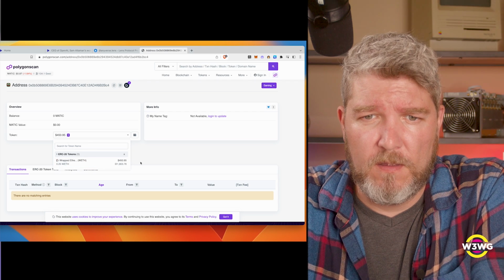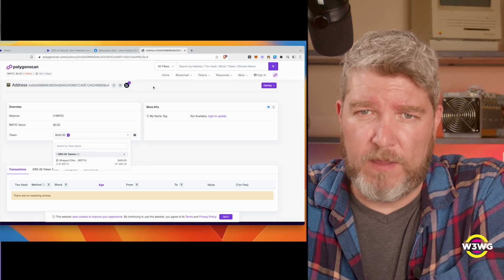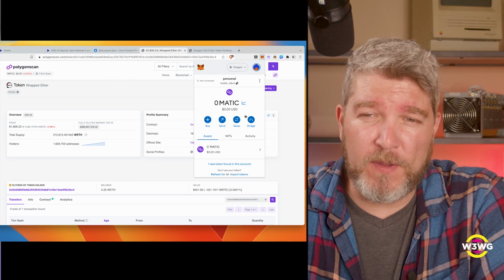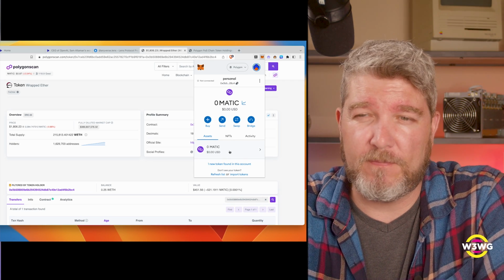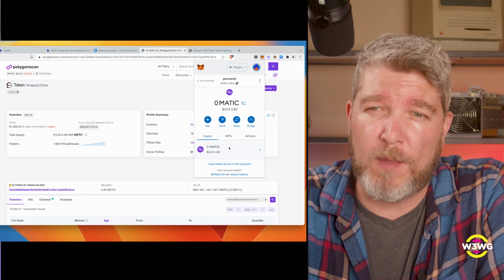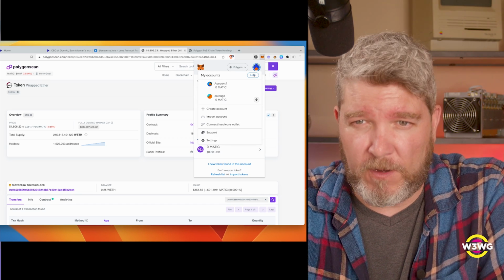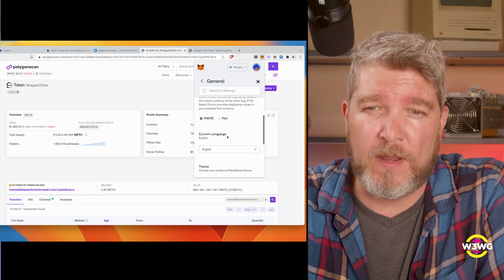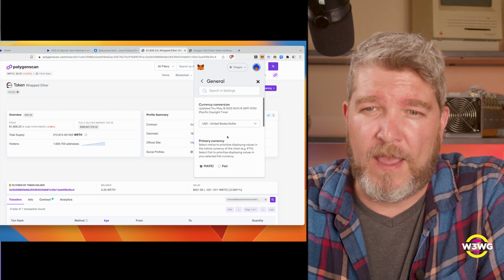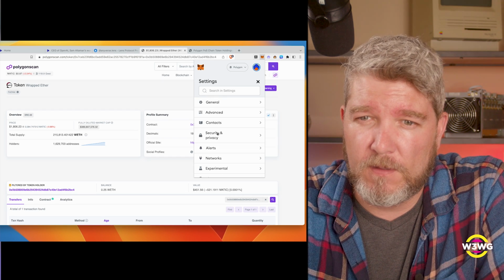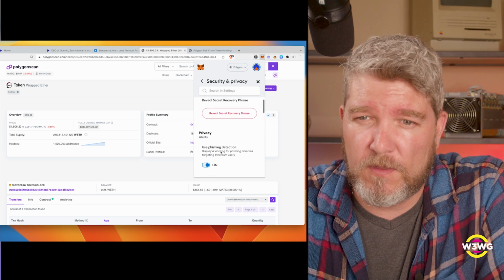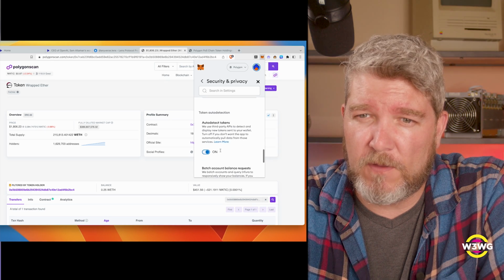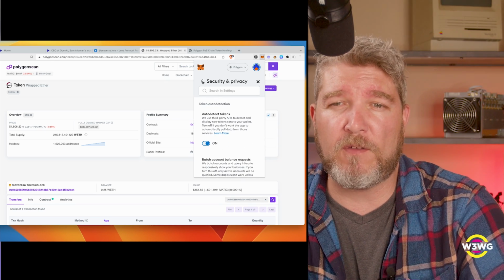We've got some wrapped ether, 0.25 of wrapped ether, but we don't have any Matic yet. I was struggling for a bit there because the MetaMask wallet didn't even recognize the wrapped ETH that showed up. I found through some Googling that I needed to turn on auto detection. I'll be honest, I don't know where that is. Let's see, is it here? Custom IPFS, auto detect tokens. There we go. It's under security and privacy. You've got to make sure you turn that on.